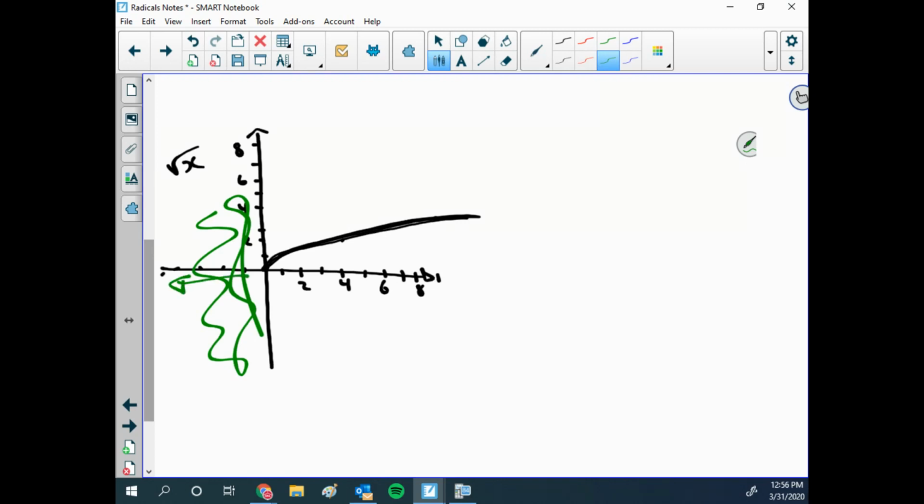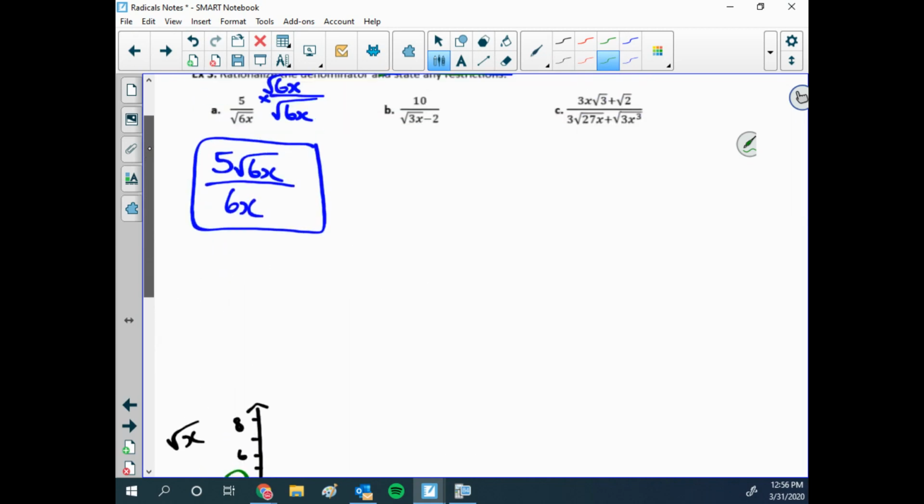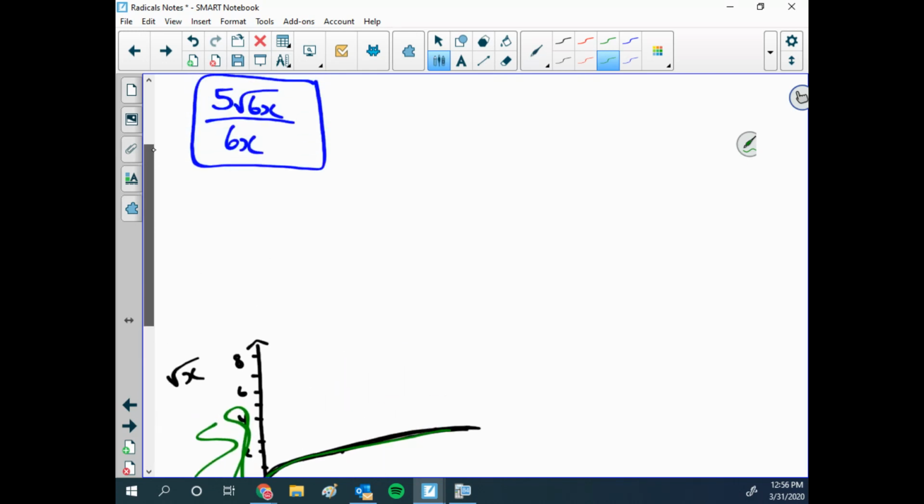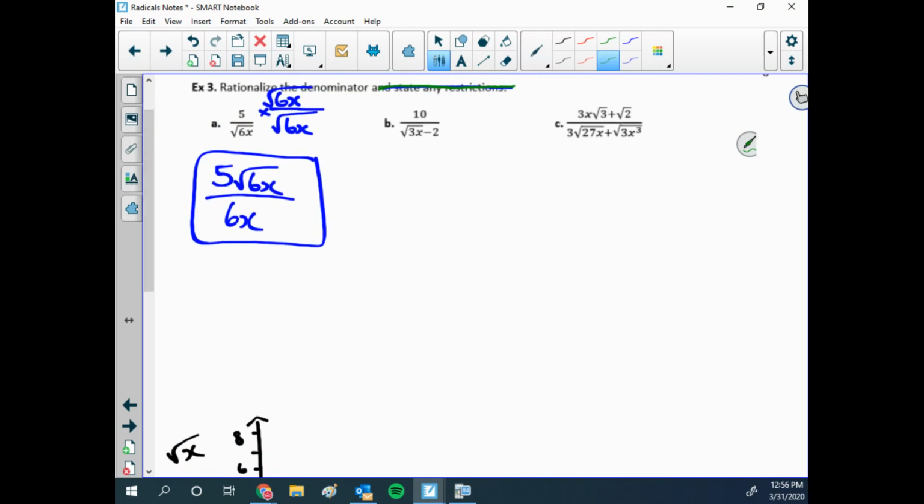Here, the thing to remember is we can now put in transformations. So I could move this function anywhere, and that would change the restrictions on the domain. And so what we need to do is use my denominator to help me figure out exactly where that restriction would be. So to find the restrictions,